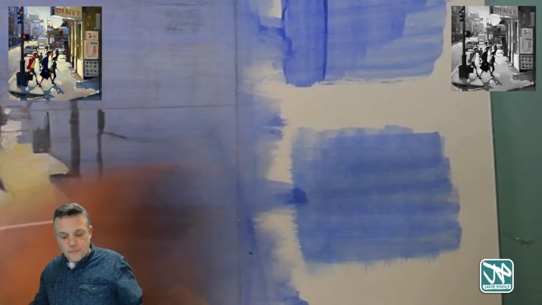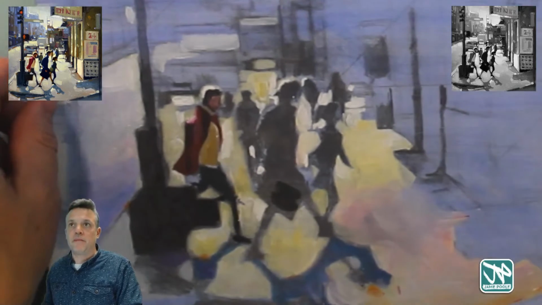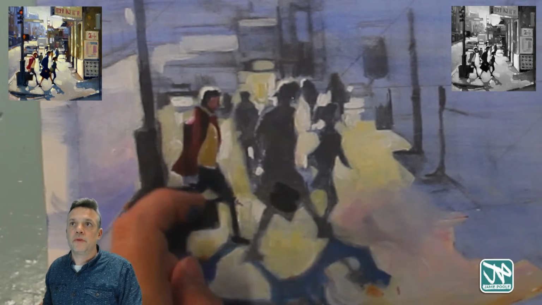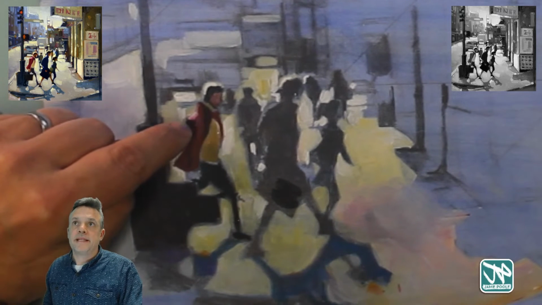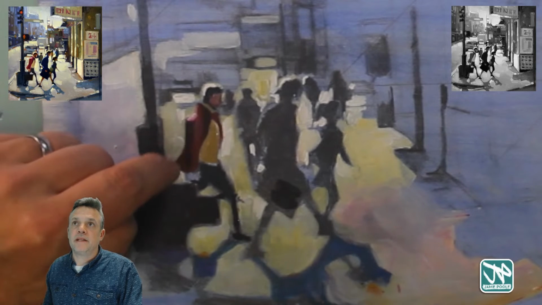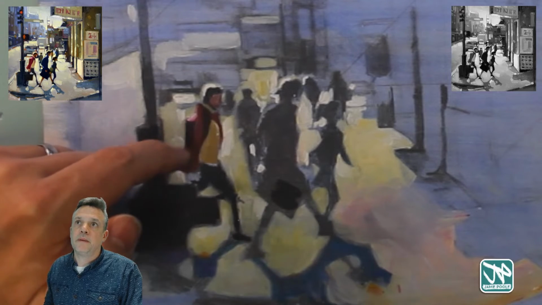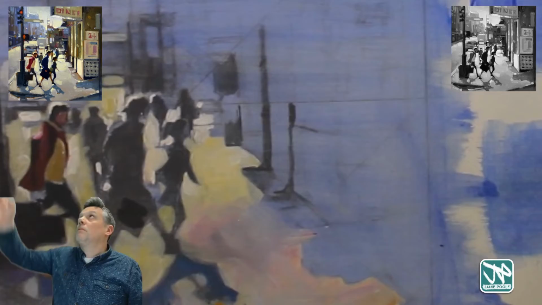So this is why you can see that mainly on this one I've been working around this area. In fact, this chap that I've mentioned a few times, I did him all at the same sort of time, and that allowed these different reds that I'd mixed to be blended, if I needed to. I haven't done too much blending here, but you can blend them a little bit more as you're going along. Okay, so